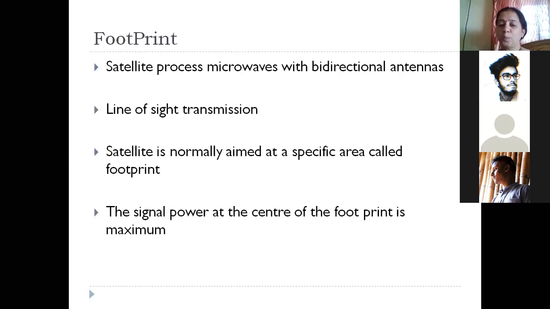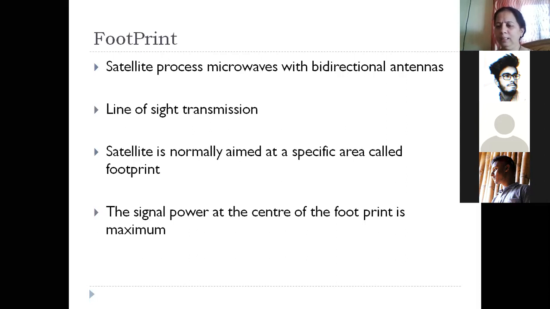So satellites process microwaves with a bidirectional antenna. Bidirectional antenna in the sense you have an antenna which will transmit as well as receive in both directions, that is transmission and receiving is happening.